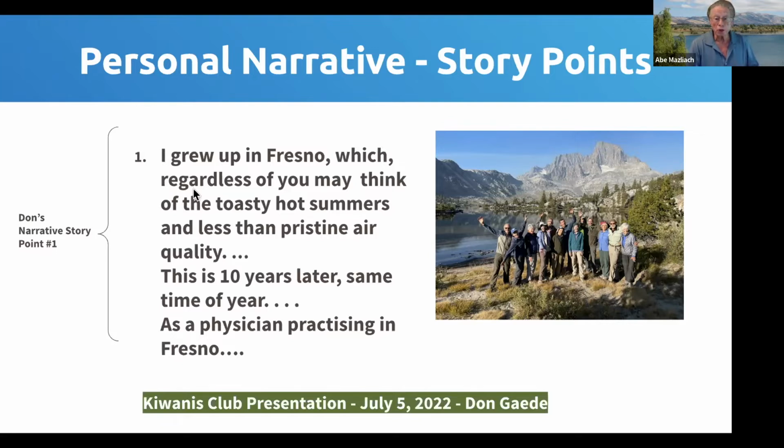This is an example of Don Gades using the new approach from a recent presentation he gave. His personal story draws you in. First, you write out your personal climate story, your experience from beginning to end. Then you convert your story into story points, like this one. Each story point can be supported with a slide, although it doesn't have to be. To show you how this works, we're going to do a short breakout to discover some of your personal story